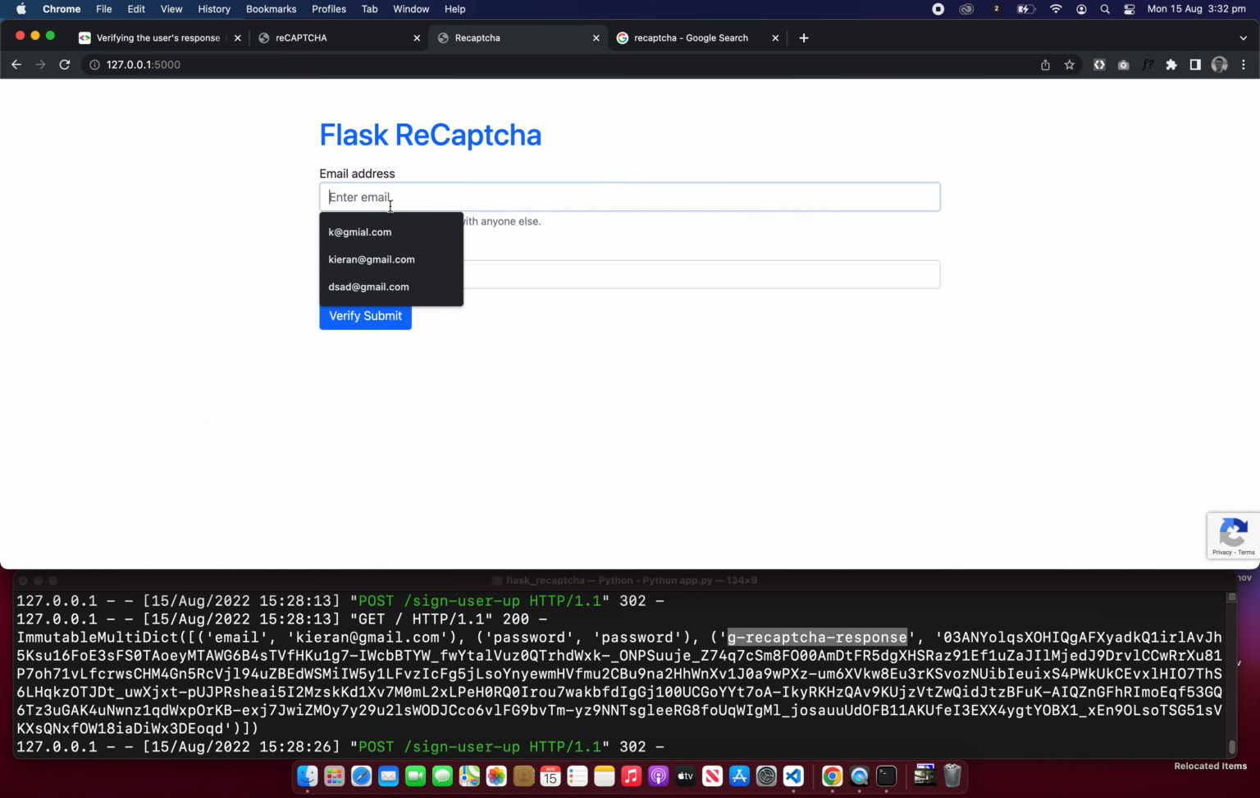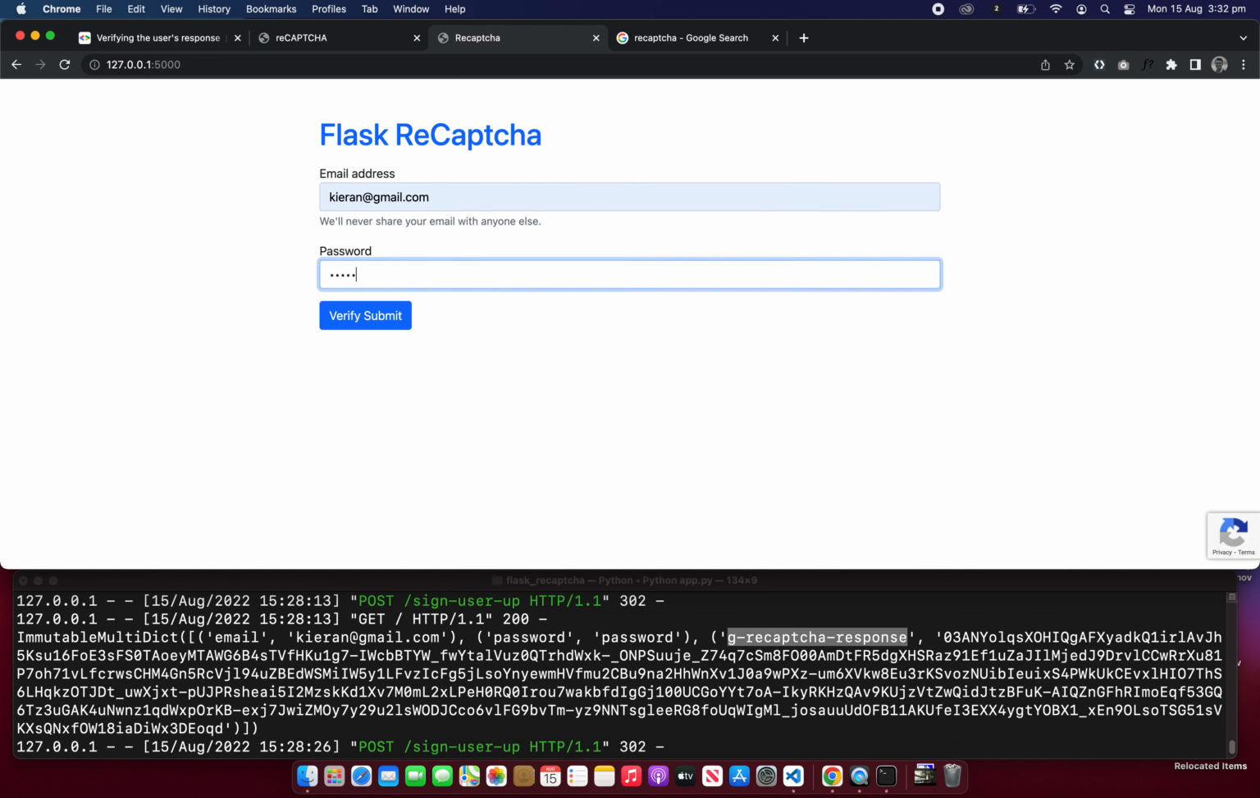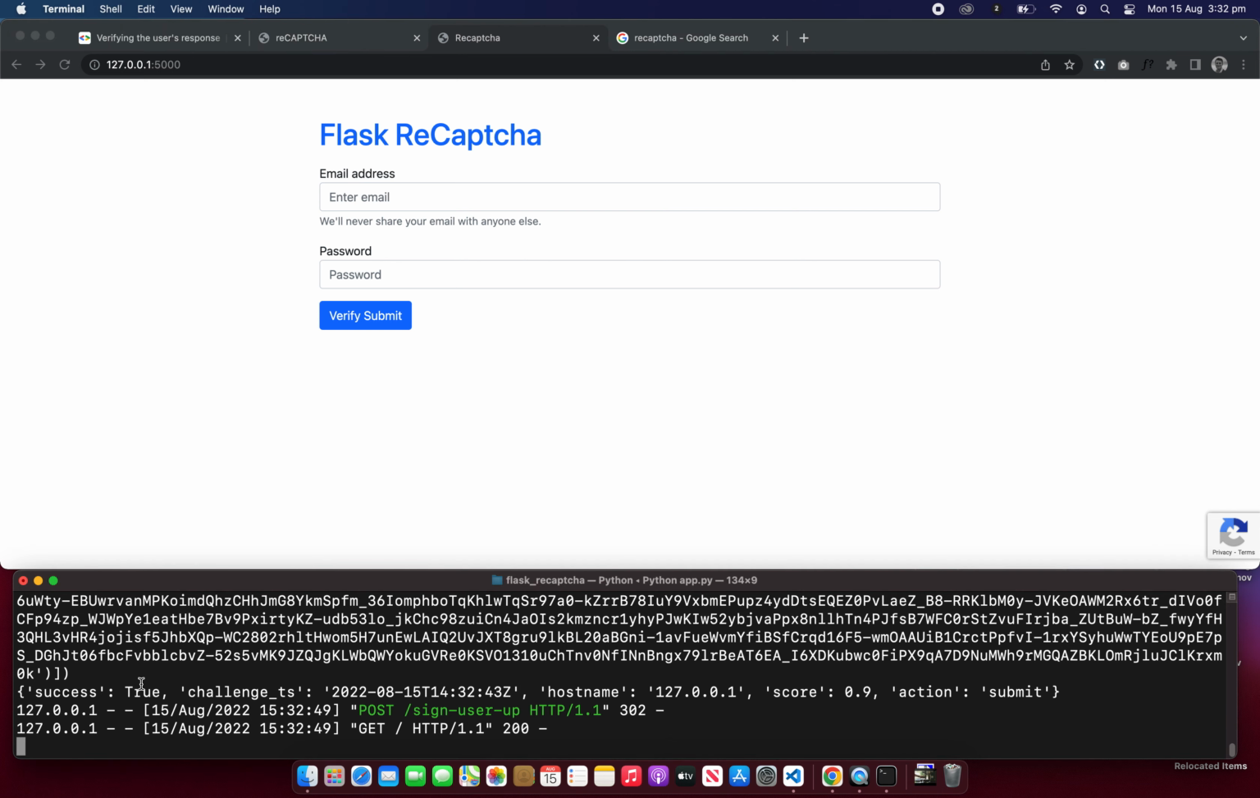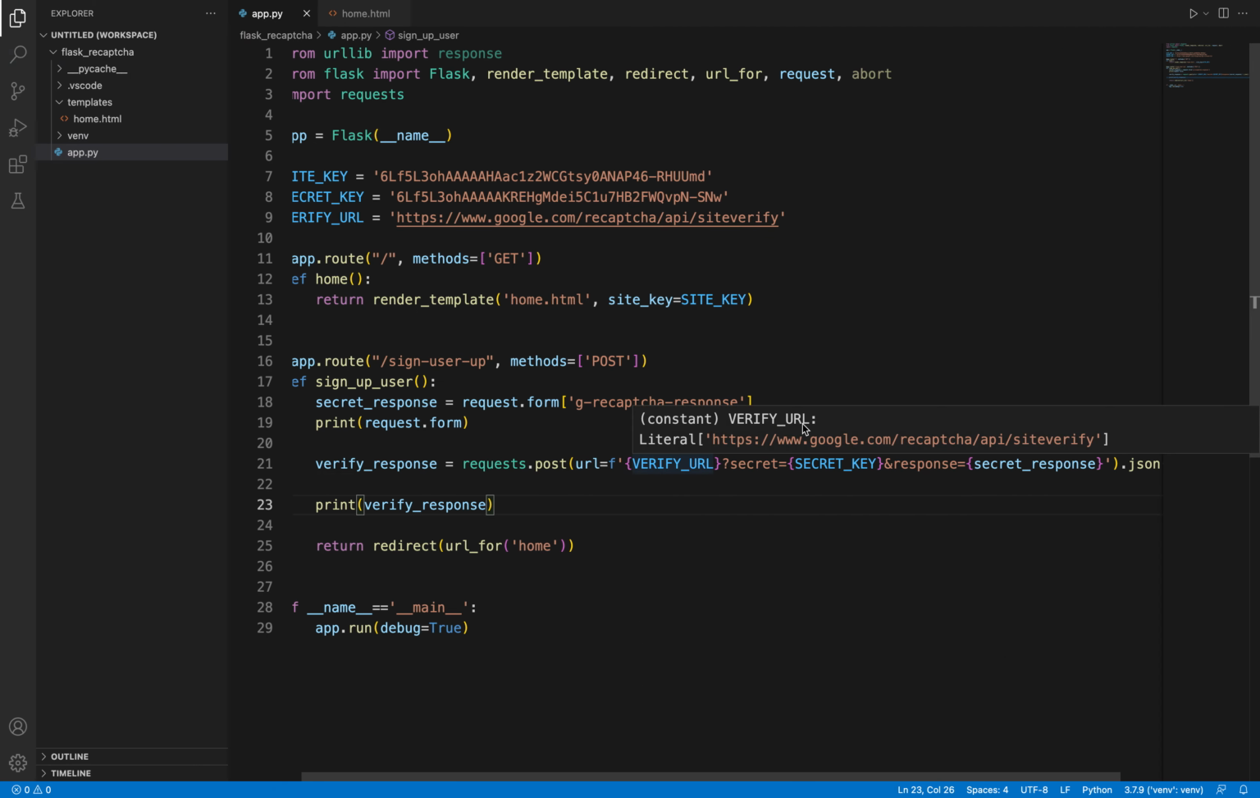So we'll come in here. I'll reload the page for good luck. And I will say password, verify, submit. No errors, which is good. We can see that we have this success is true, and we've got a challenge timestamp, we have a hostname, we have a score. And so your score is basically the likelihood that it's a bot. And I think it's 0 to 1. Anything above 0.5 I usually accept, but you can play around with that depending on what you get. A lot of sites will default you to this. Right, so let's